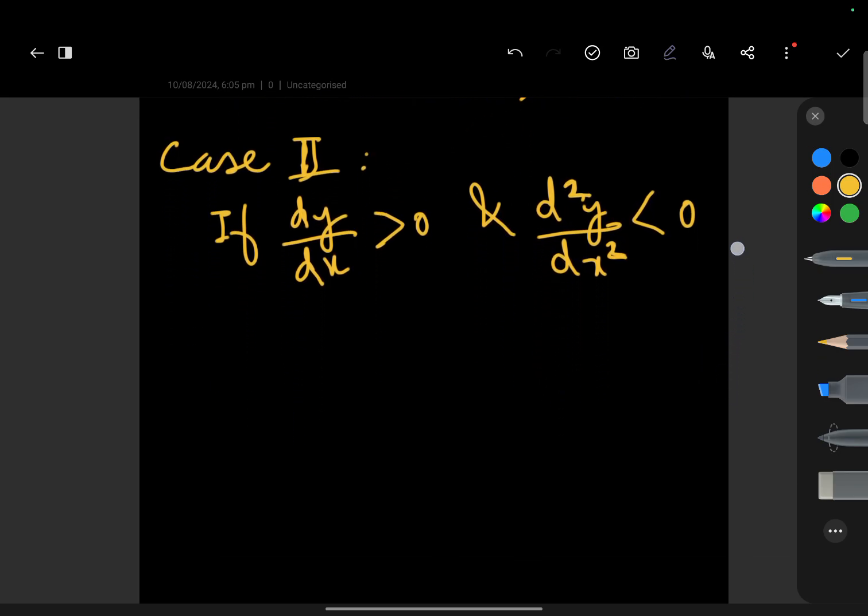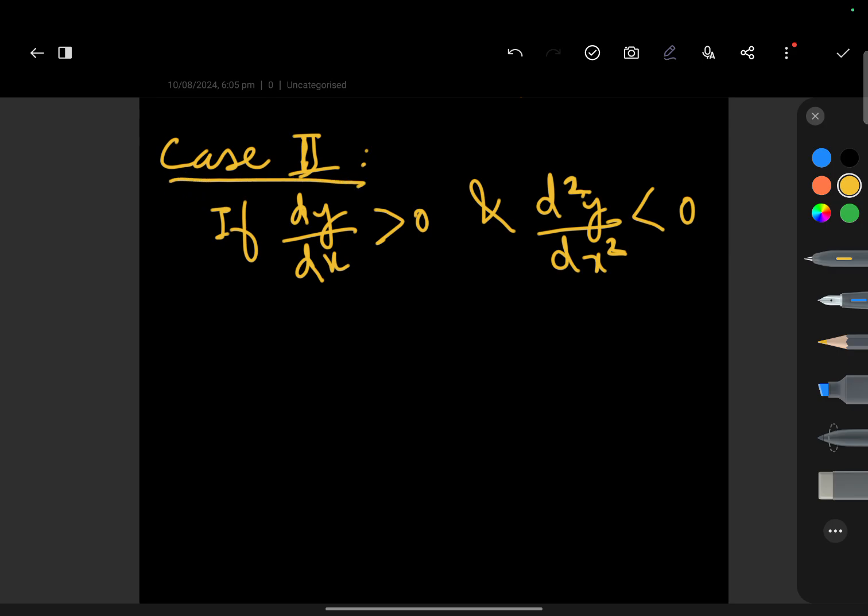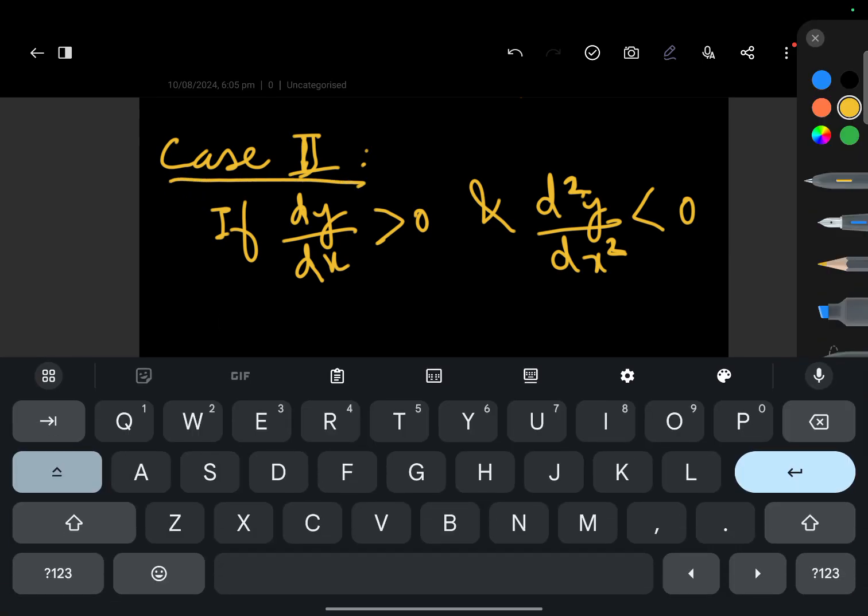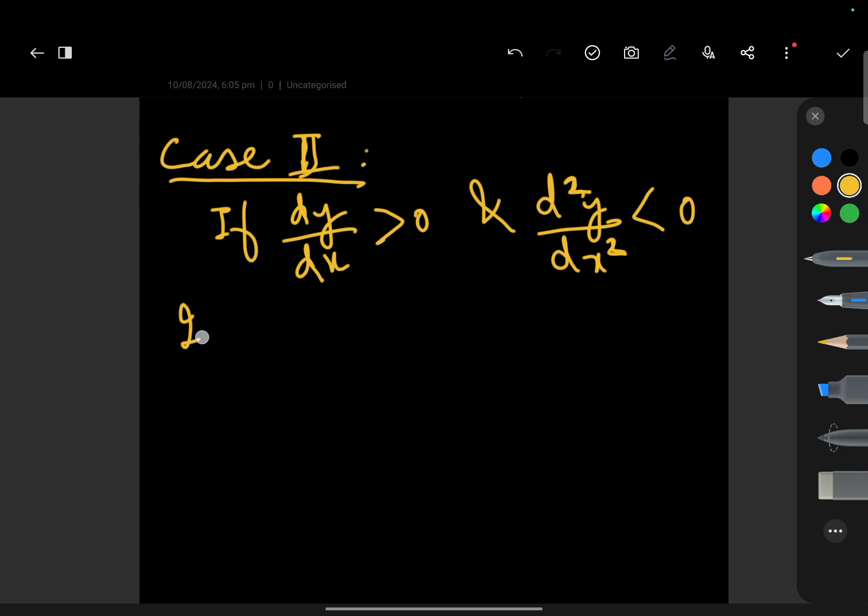So what does it mean? This case represents the value of the function